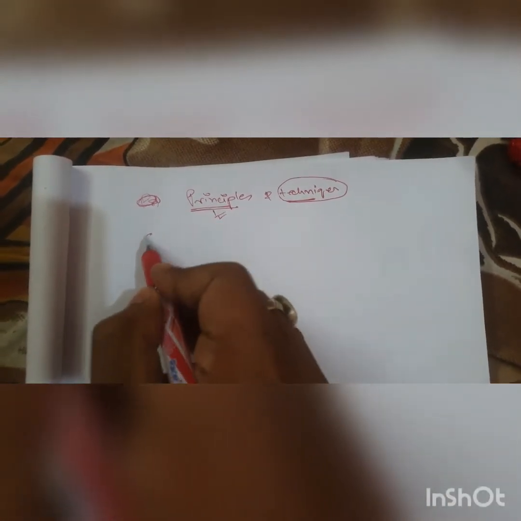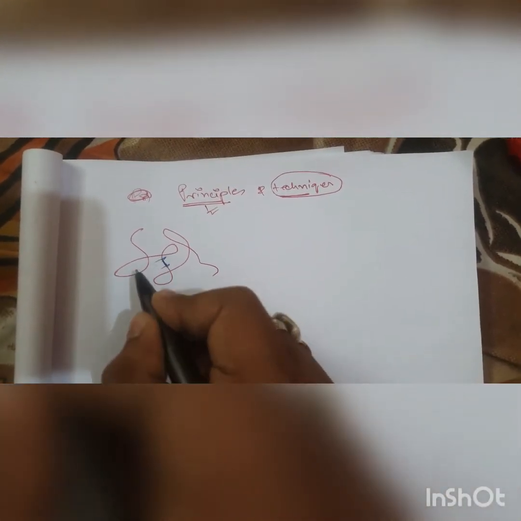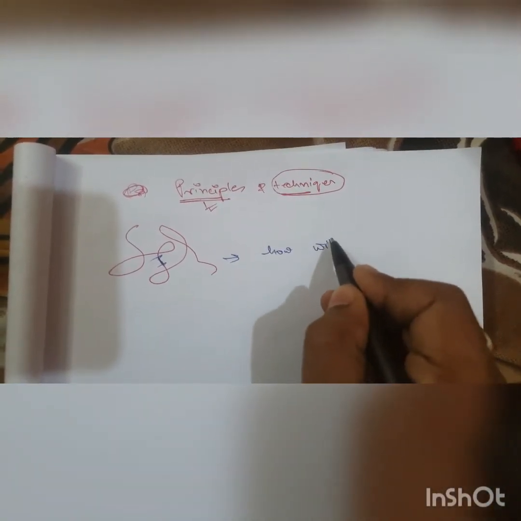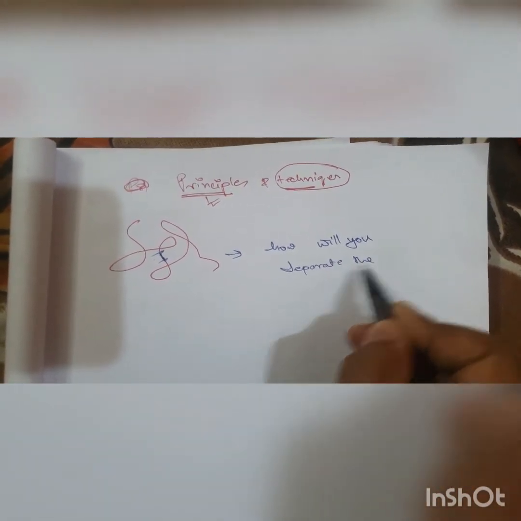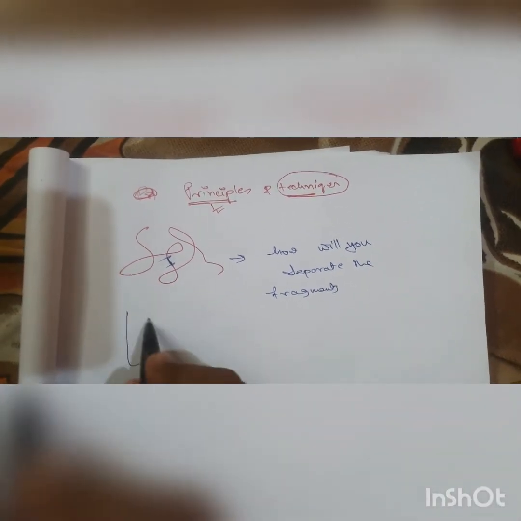See, first of all, I would like to ask you a question. Suppose there is a genome. Now in this genome, this is your target DNA. You will cut it with an endonuclease, I understand. But how will you separate the fragments? Now don't say to me, "Sir, I know which gene I am cutting." But how will you separate it? You will work in a test tube. So how will you separate this fragment, or as for that matter, separate various fragments?